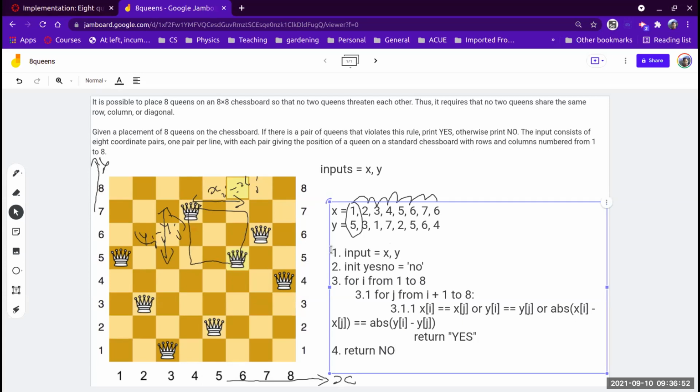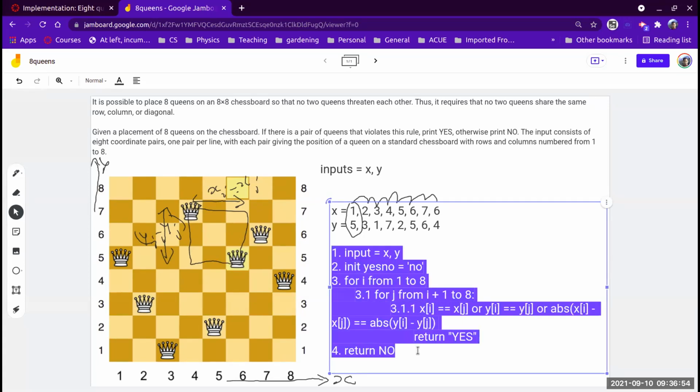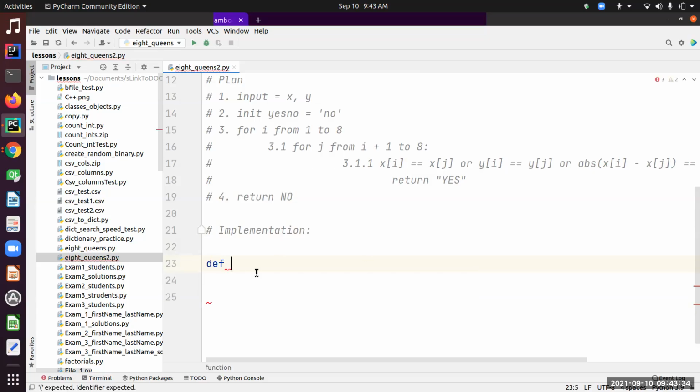So let's go back and solve this problem. Okay, so I'm going to take this and copy this into my PyCharm, and let's give it a name. Check queens. Okay, and it would take two parameters, the two lists x comma y. All right, and don't forget to write the